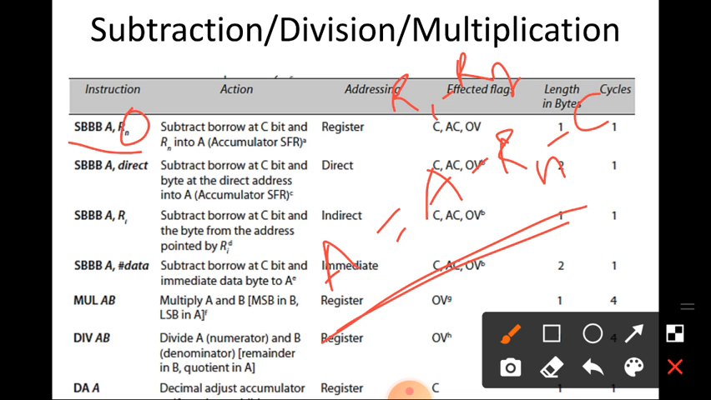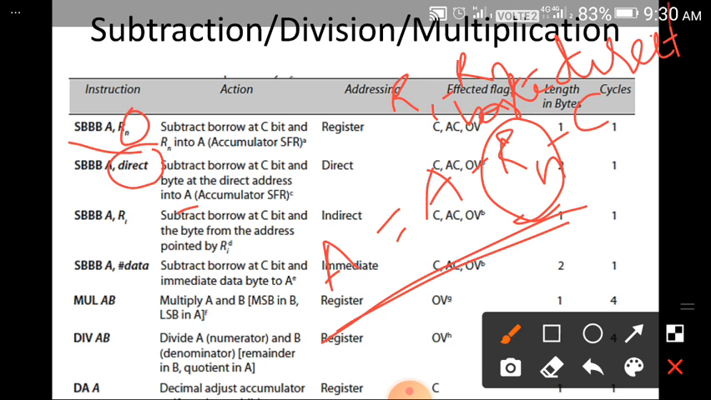Then SUBB A, direct means the byte at the direct address, and the C borrow carry flag or borrow at the C bit is also subtracted from accumulator. So here direct indicates the byte at the direct address. And next one, SUBB A, @Ri. Here subtract the borrow at C bit and the byte from the address pointed by the Ri. So here Ri indicates the address, for example,